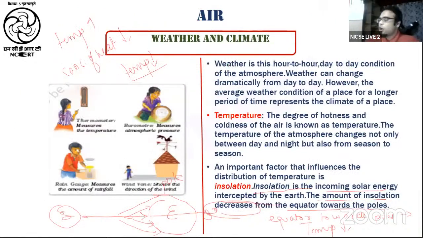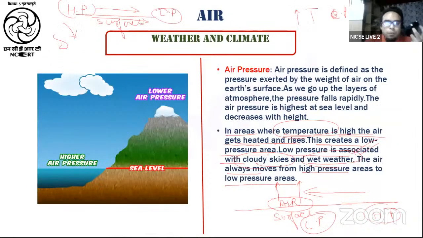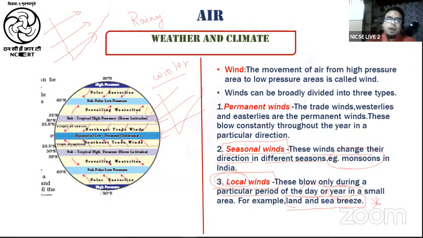right? Then we have talked about the difference between weather and climate and the different concepts associated with it. For example, we have understood what is temperature. Then we have understood what is insolation, that is the radiation which is coming from the sun, right? Then we have also talked about air pressure, how the weight of the air is being felt on the surface of the earth. And as we move from the surface of the earth to greater heights, the pressure starts to decrease, right? Then we have understood winds.